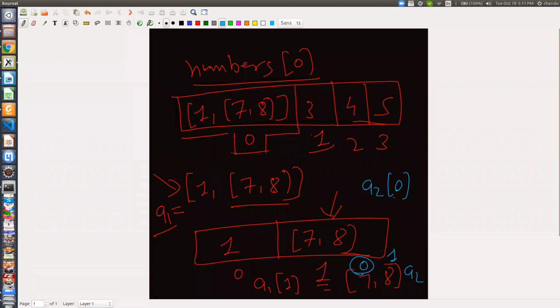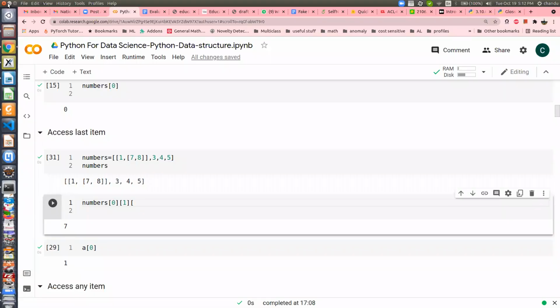Now you club all these indices together, this index and this index, into one. That's why you are getting 1, 0. Remember earlier we were doing that whole thing: here we had 0, 1, 0, right?